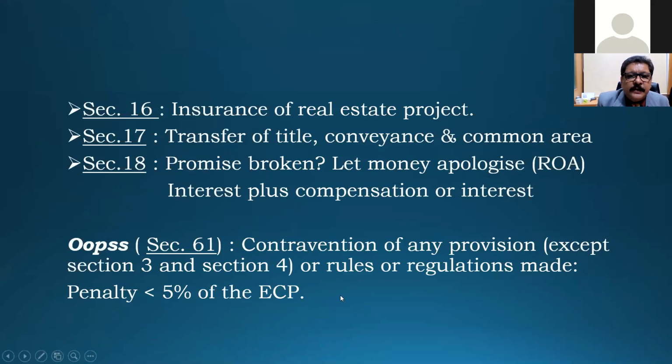Section 16, insurance of real estate project. Transfer of title, conveyance and common area. Promise broken, let money apologize, right of allottee, that is, what we said ROA: interest plus compensation, or interest. Now this Section 18 is a very crucial section in which you have two provisions. One provision is,